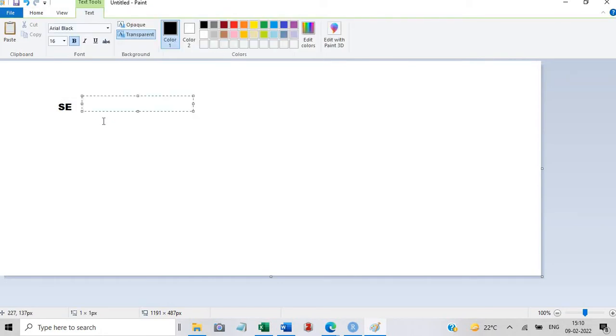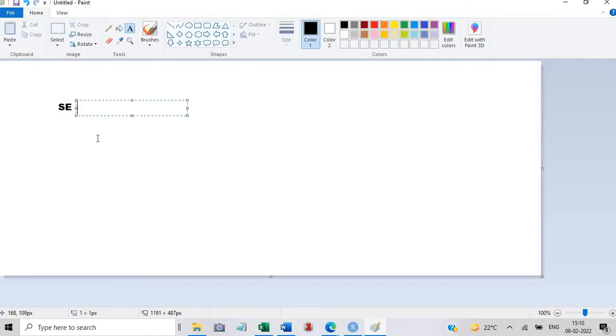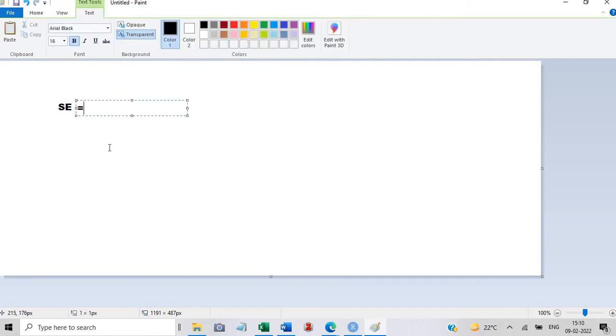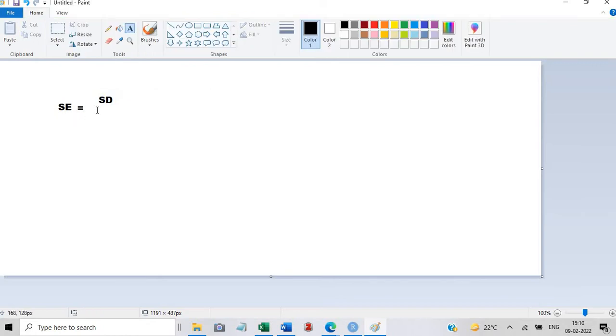Standard error is equal to standard deviation divided by square root of n. So what is n here? N is the number of animals, or number of values. So in my example there are 6 values.